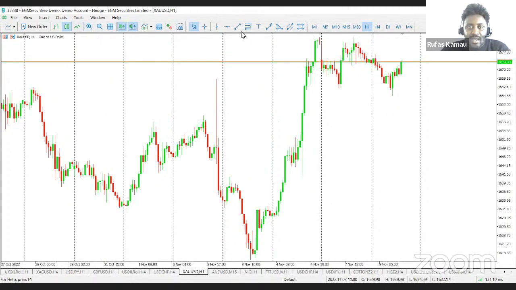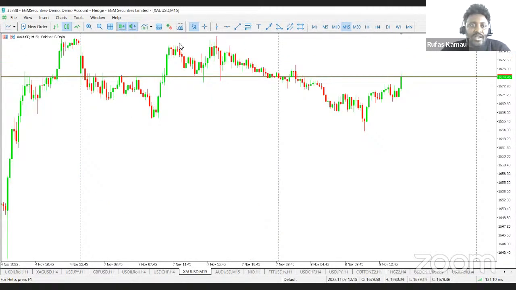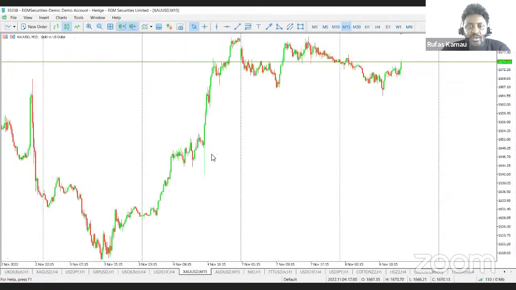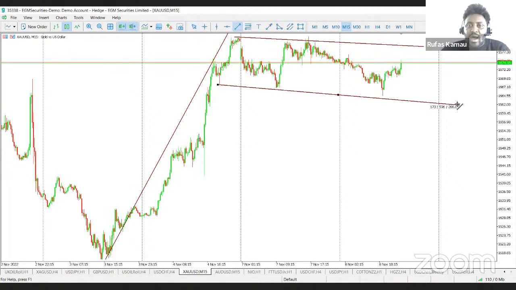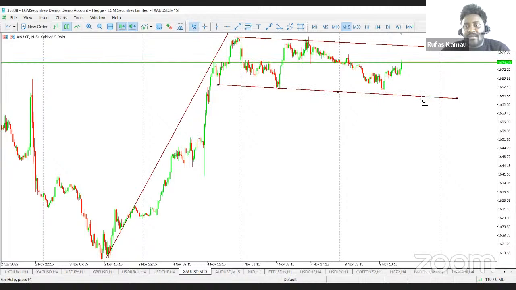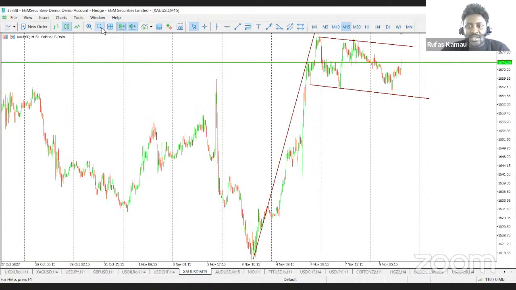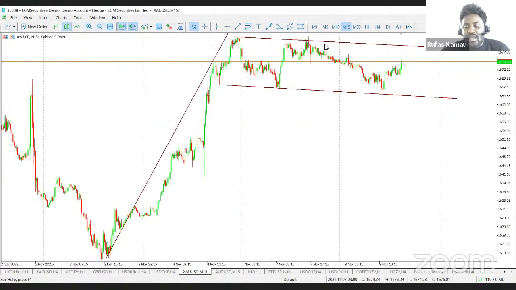What I'm observing here is a market that is eventually trading itself into a range. Don't like the range. I wanted a straight up reversal, but you trade what you see, not what you want. So what I'm seeing here is more or less some form of flag, basically a consolidation. It's quite a common expectation to see the market behaving like this, especially when you're expecting major news. The major news that we're expecting in the market, as I already mentioned, is the inflation data. So the inflation data might be the one to eventually break this range.